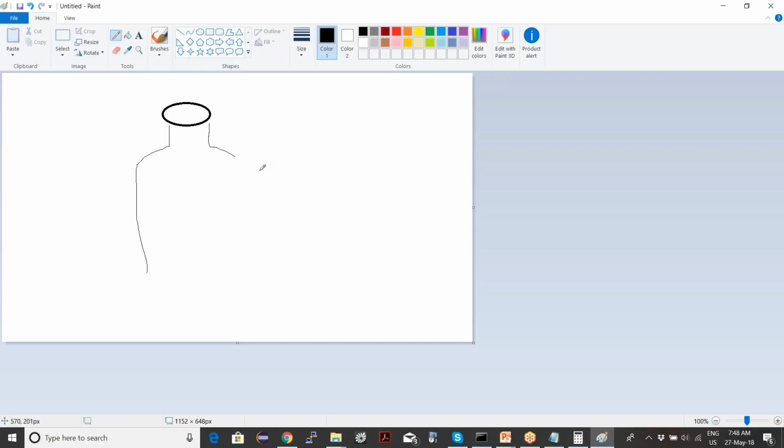So this is how you draw a bottle, right? Suppose this is a crude example of a bottle.